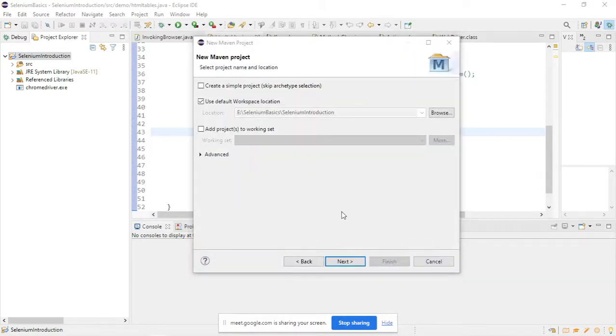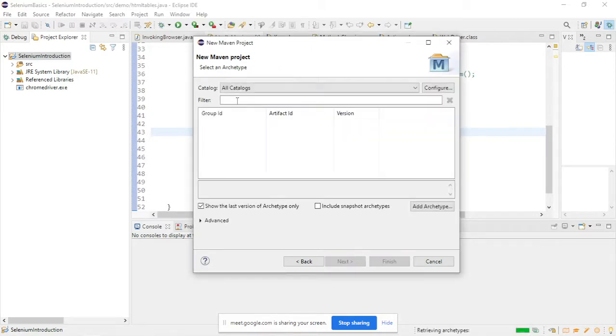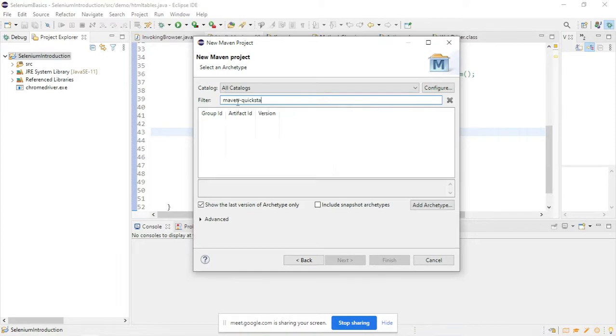Okay, so once you click on the Maven project, it is saying that this is the workspace location. So click on next, and here there are so many templates available for the project. I'll choose this one. You can try the other one if you want, but this is the best one.